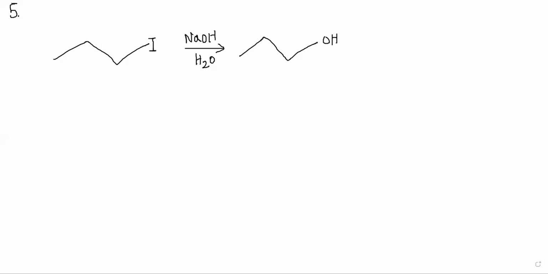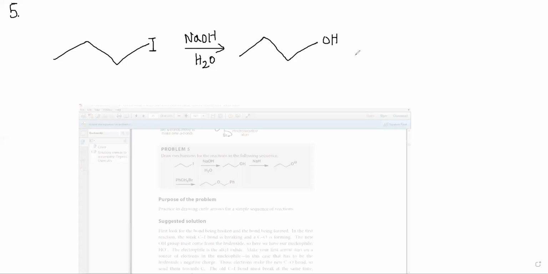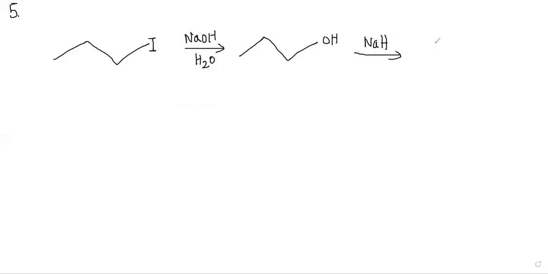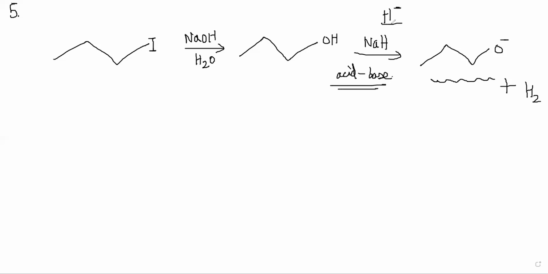Then the next step is hydride ion is added, NaH, right? From this step onwards, it's fairly clear because it will become O minus, because hydride ion is a powerful base. Hydride ion is a base, it will accept a proton from this OH, and it becomes H2. And this will become O minus. So this is a straightforward step. This is an acid base reaction. This is a base, this is an acid, right?